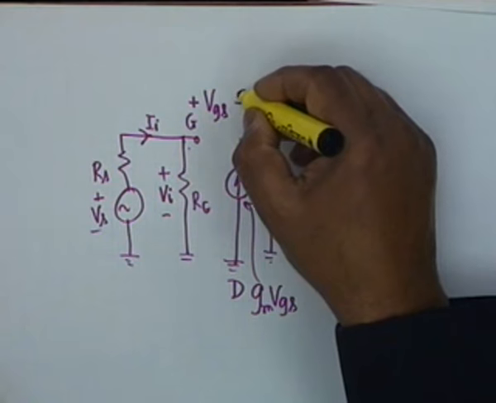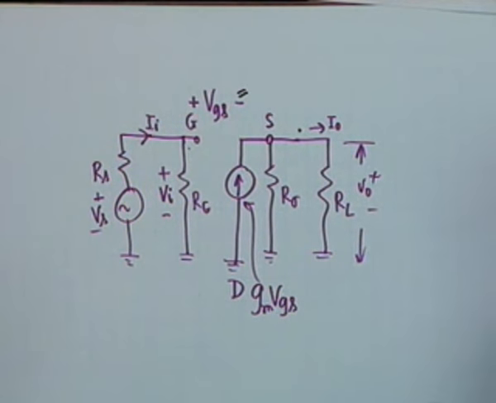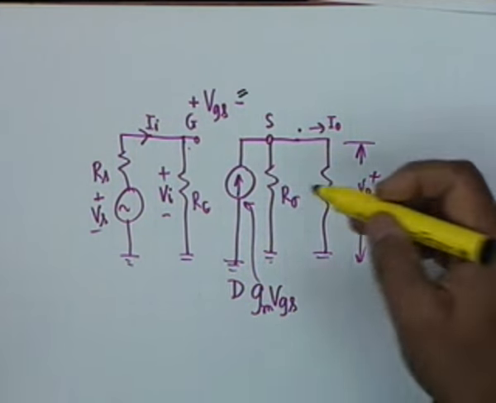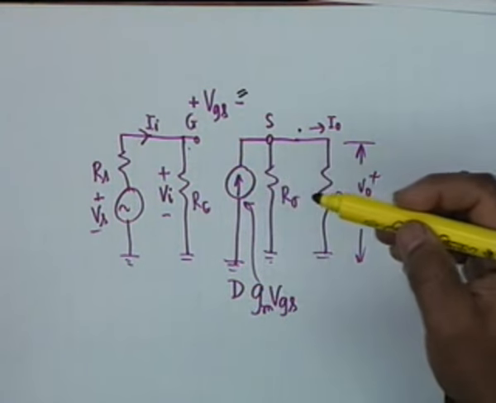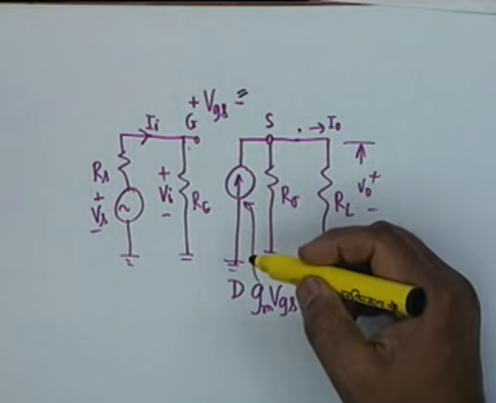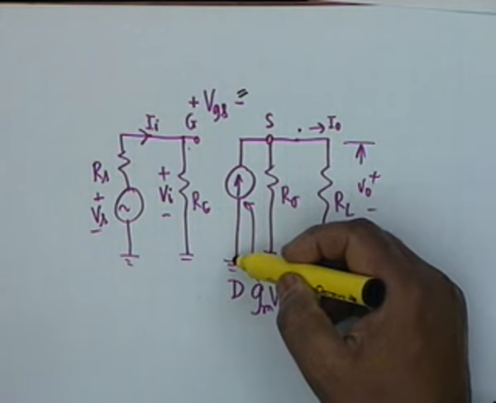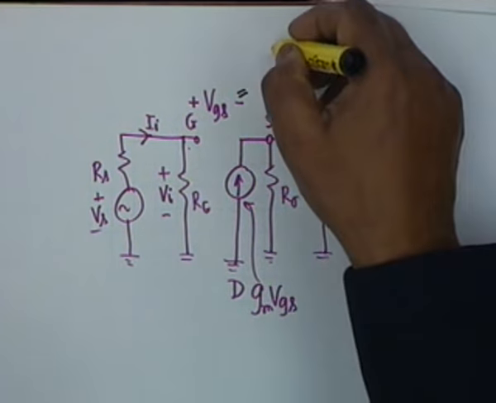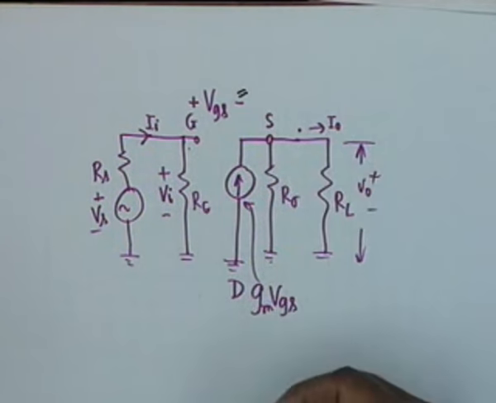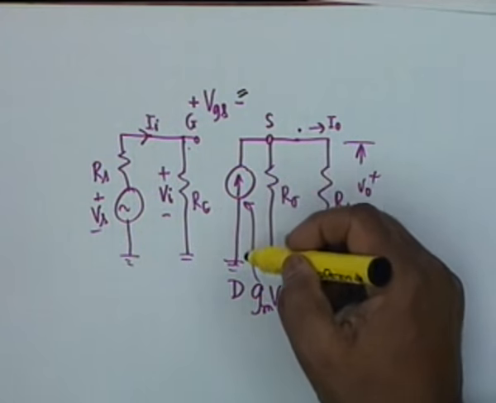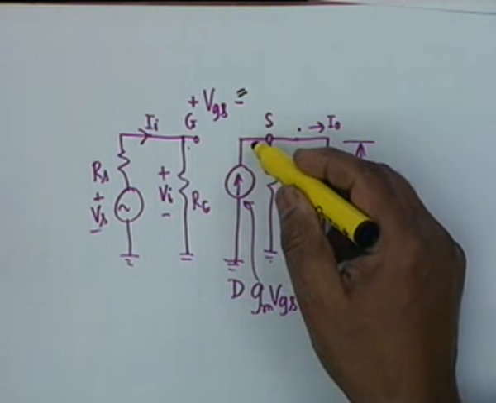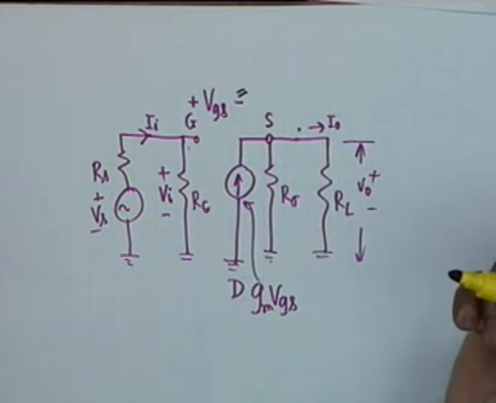But don't you see that VGS, is this direction clear? The direction of the current generator? Current generator is from the drain to the source. The drain is grounded. I should have actually drawn a drain here and grounded that, but the drain now is grounded, so from ground to the source. Okay, this is gm VGS.